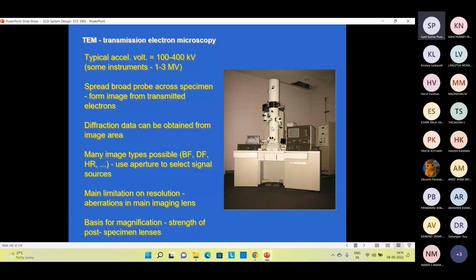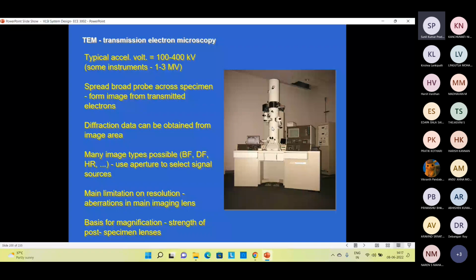Now, what about the electrons that we are using for morphological analysis in the TEM, that is the transmission electron microscope? It is the transmitted electrons we take into consideration, and these are elastic electrons. Why are they called elastic electrons? Because after interacting with the samples, the energy remains the same. It means whatever the energy of the electron before the interaction, after the interaction the energy will be the same. That is why they are called elastic electrons. So that kind of electron is basically used